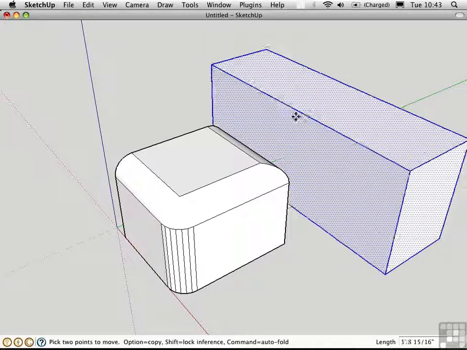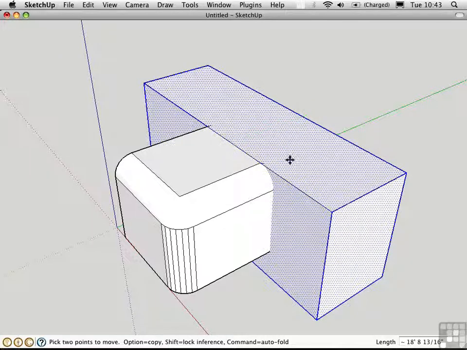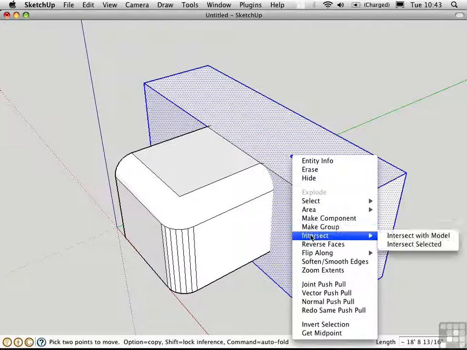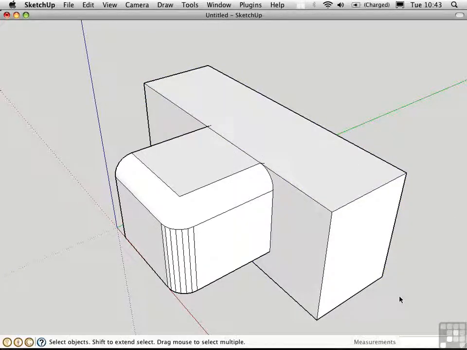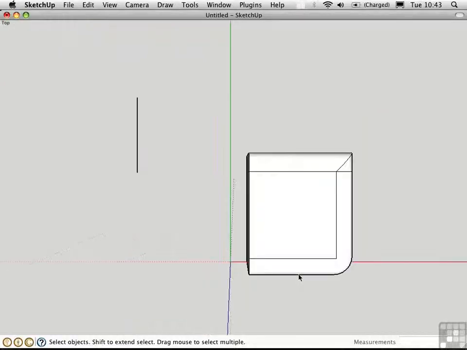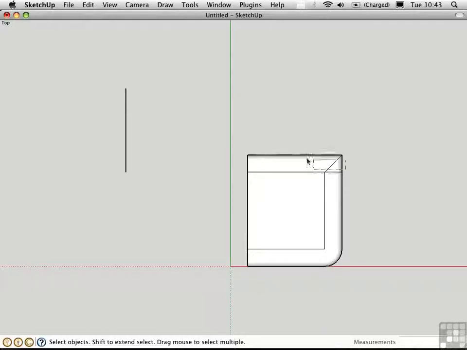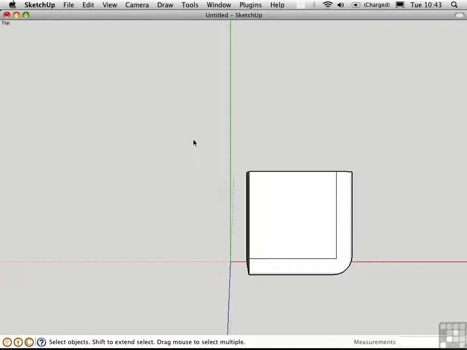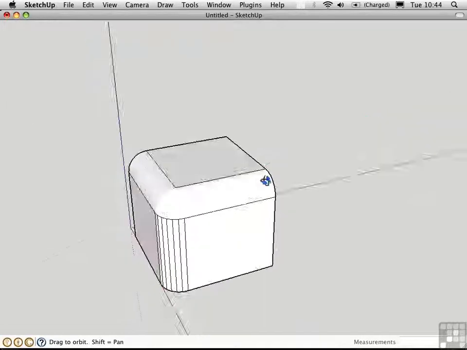Then I can move this over along this edge, right-click, intersect with model, and now I can get rid of the box, and it's sliced through our geometry. It's easiest to select that in an orthogonal view, so I'll switch to the top view, press J to go into parallel projection, and delete all this stuff. I'll go back to where I was by pressing Ctrl Z, and we have the portion of the model that